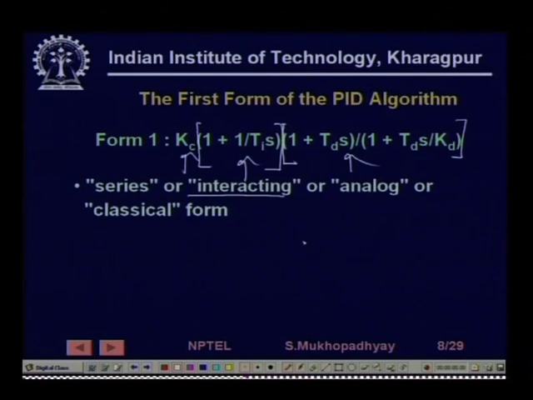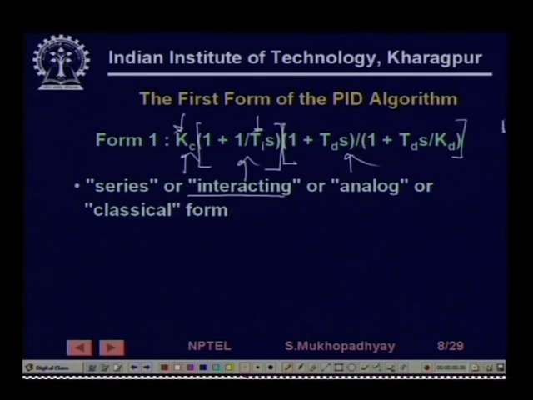It is interacting because, for example, with respect to the second form, which is probably the most popular, if you change any one of them, let us say if you change Kc, then the integral time and basically the integral and the derivative gains will change. If you change Ti also they will change, if you change Td also they will change, and then all of them will change. So, you see that they interact, that is you cannot change them independently, unless you do it very carefully